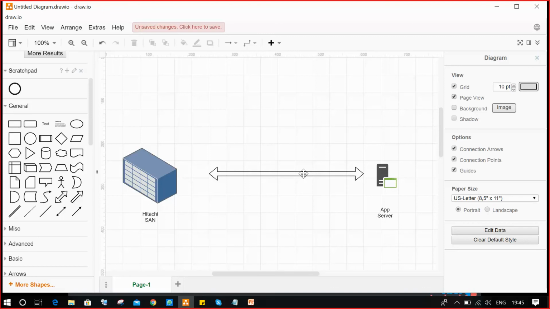Even when you are using switches and firewalls, we need cables to connect the devices. Even when you are accessing the internet, there are two types of cables. What are the cable names? Ethernet cables and fiber channel cables.